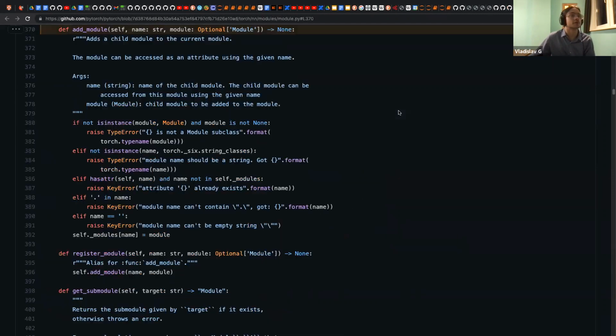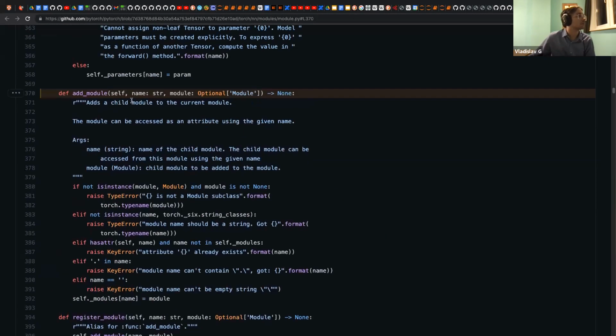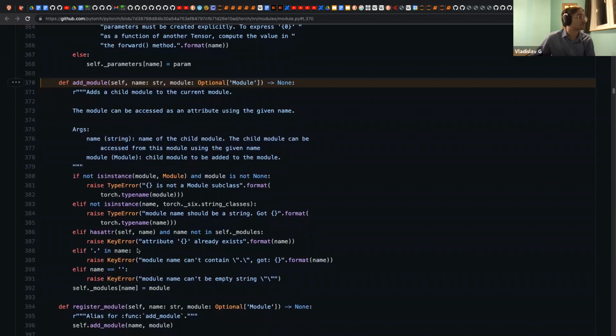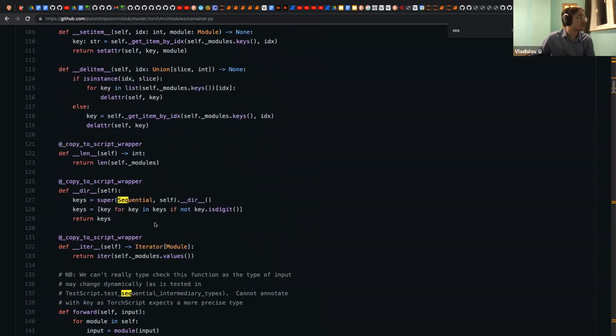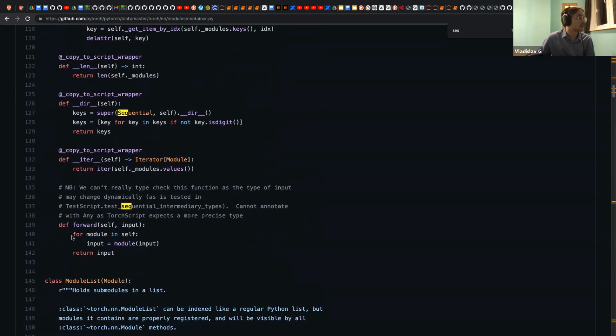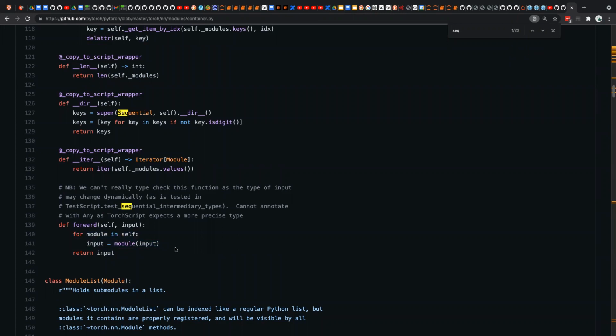Whoa, my browser is almost broken. Yeah, it saves everything to cell.modules by name, by incremented number of names. So what do we have here for the forward method? Yeah, this is a cycle. I mean, this is what I wanted to show. The nn.Sequential uses a for loop to implement it. Okay.